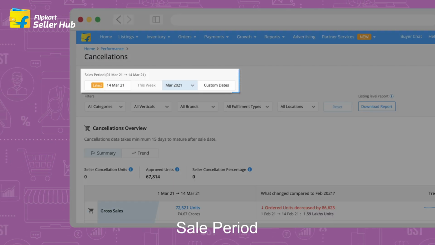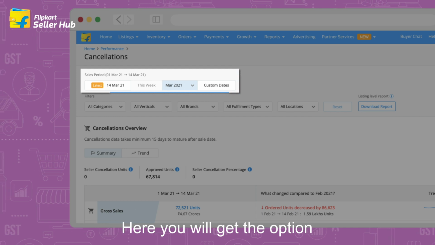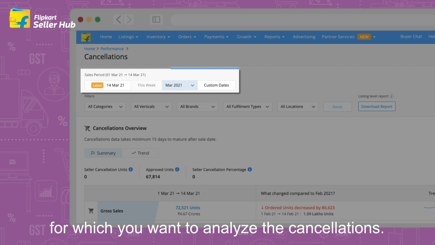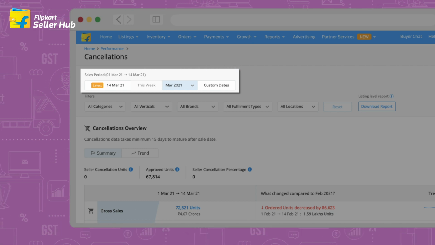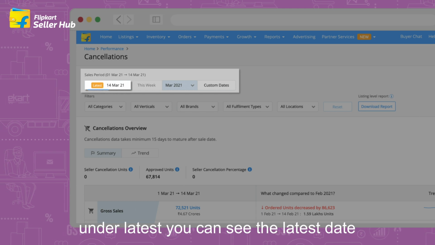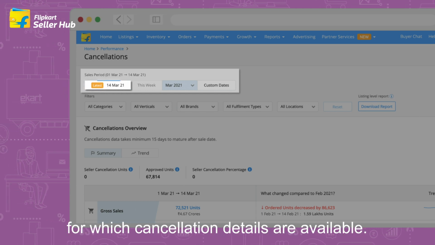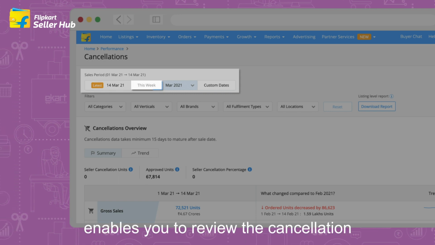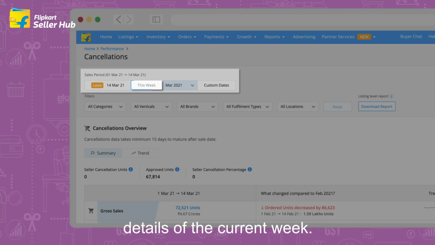Sale Period. Here, you will get the option to select a specific sales period for which you want to analyze the cancellations. Latest. Under Latest, you can see the latest date for which cancellation details are available. This week enables you to review the cancellation details of the current week.